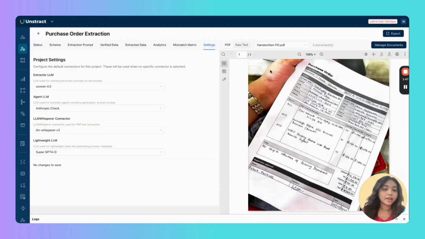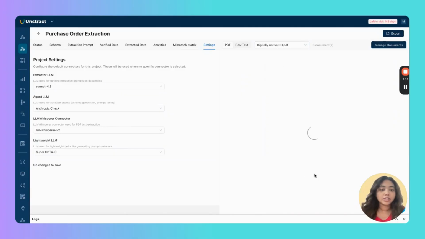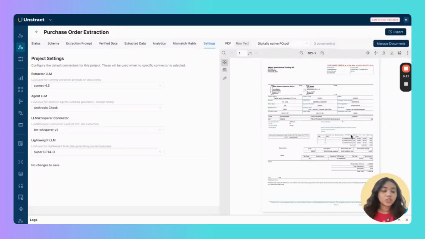here. So we have one purchase order with handwritten text, and it's also a skewed scan, and this is actually an image which is not very clear, and it could be quite difficult for traditional OCRs to pick up on the information that is written over here. So we'll take a look at the other purchase orders we have. We have one scanned purchase order, which is a pretty neat scan, and finally we also have a digitally native purchase order document. So these are the different ways in which a typical business would incur purchase orders.